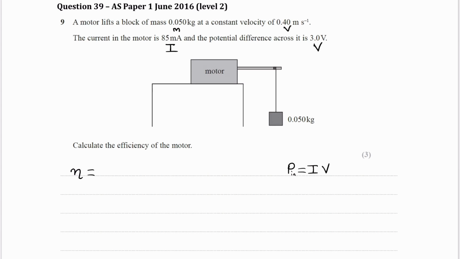So then let's write down the equation for efficiency. So remember, it's the useful power output over the total power input. We have the power input, but how can we get the useful power output? So if we think about the equation for gravitational potential energy, E is equal to mgh. We have a mass, we don't have a height, but if we divide this by time, so power is energy over time, so if we divide the energy by time,